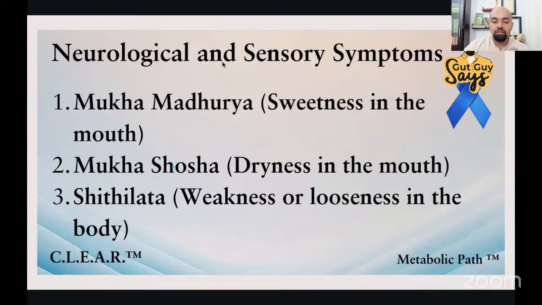Shithilata. See, why this happens is because of two reasons. One is there is not enough nutrition reaching the muscles. When there's not enough nutrition reaching the muscles, the muscle will become weak. Type A in the chat box if you agree. Why is the nutrition not reaching there? Because of insulin resistance. Now, also there is neurological involvement, because of which the nerves are not able to fire the muscles. When the muscles don't fire,